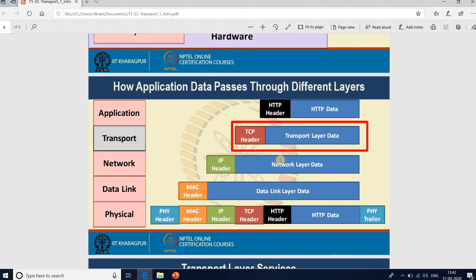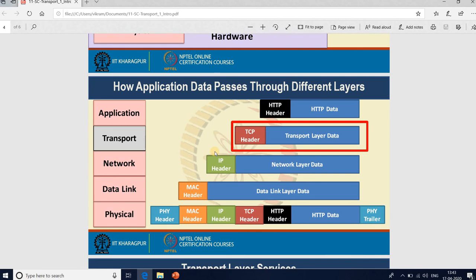So as an application developer, you have to mention which particular transport layer protocol you are going to use, whether you are going to use the TCP type of application or the UDP type of application. The difference between the TCP type of application and the UDP type of application we'll look into shortly.